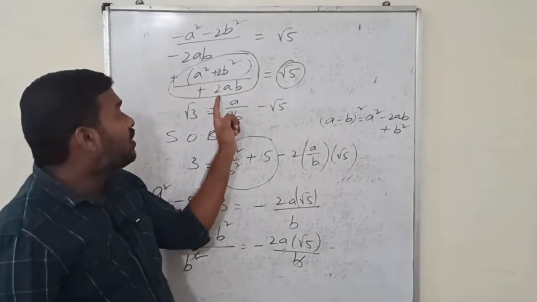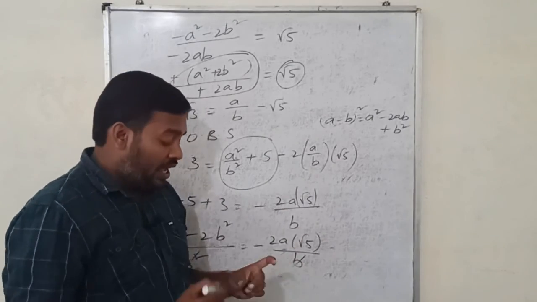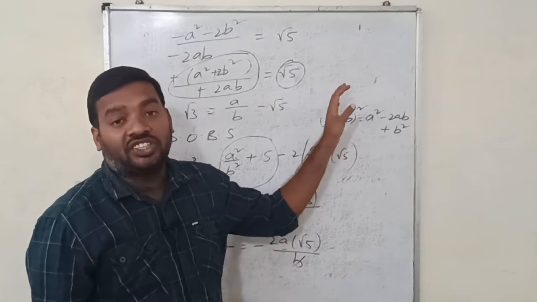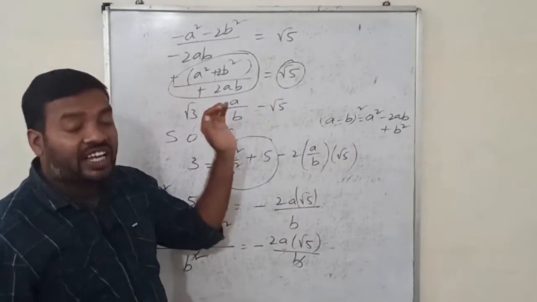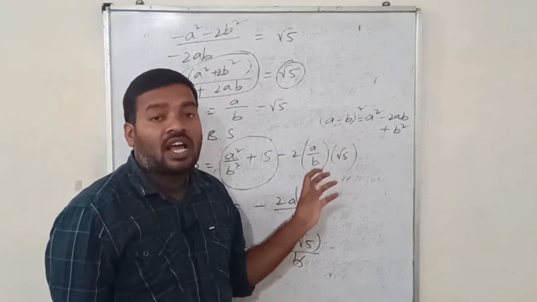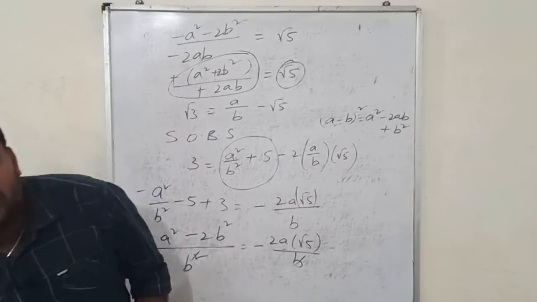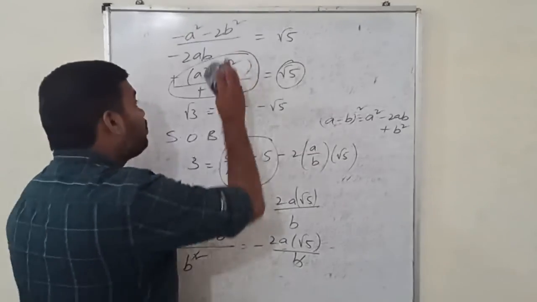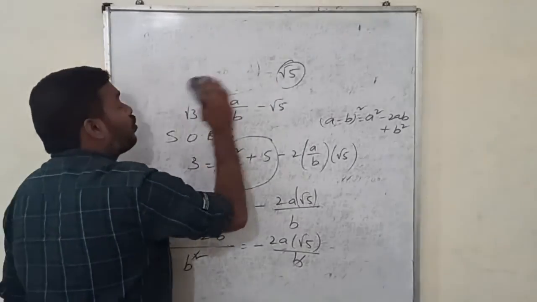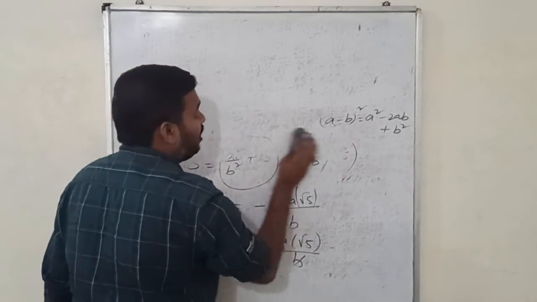A rational number can't be equal to an irrational number. This is because we have taken root 3 plus root 5 as a rational number, that is absurd. So root 3 plus root 5 is irrational. This is how we can prove that the sum of square roots of prime numbers is an irrational number.